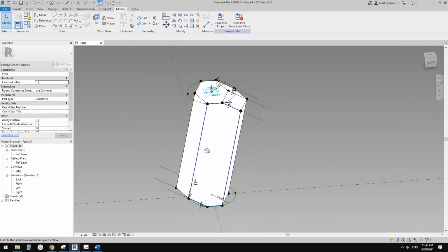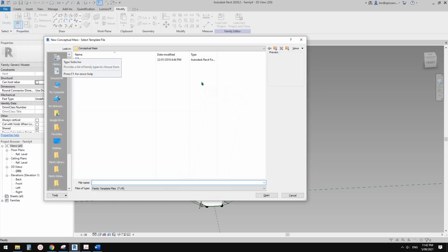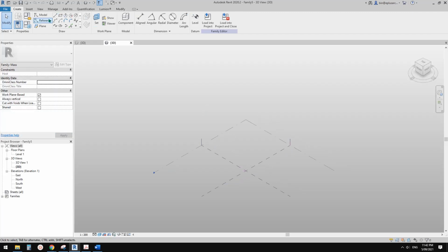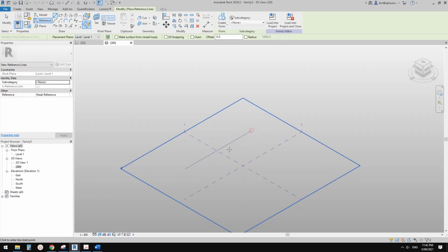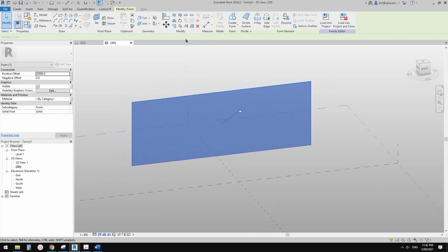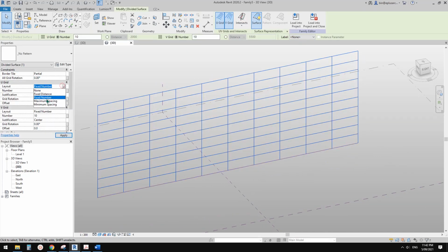Okay, so let's do it. So create a new conceptual mass, and I'm going to place a reference line, a straight line, and then create a form. Okay, and the divided surface. So I'm going to change this to maximum. Maybe I'll just use fixed distance,